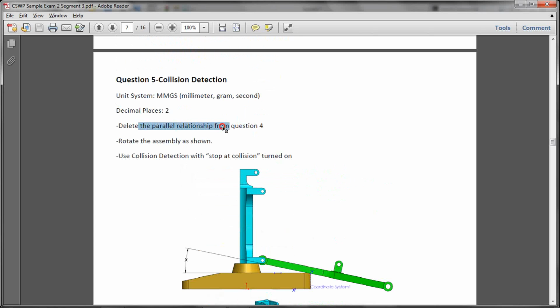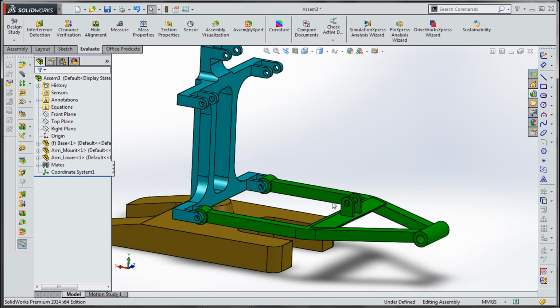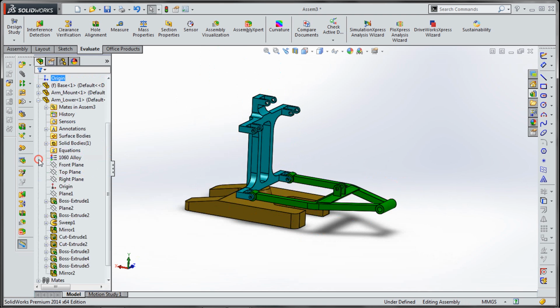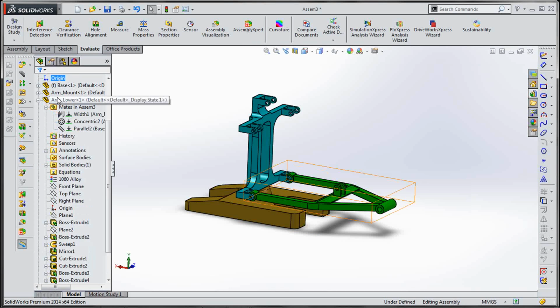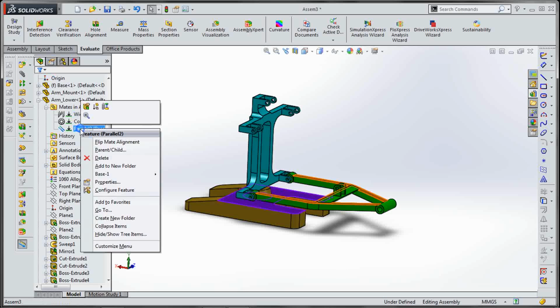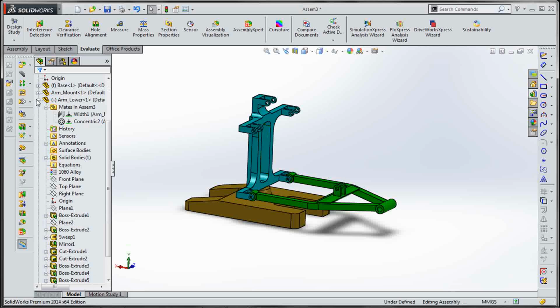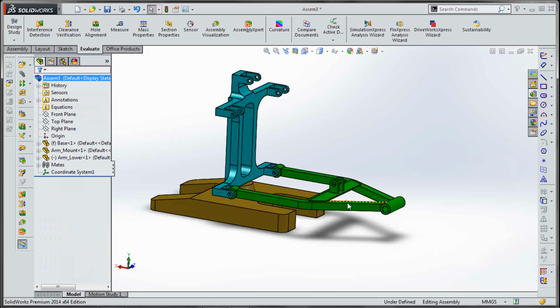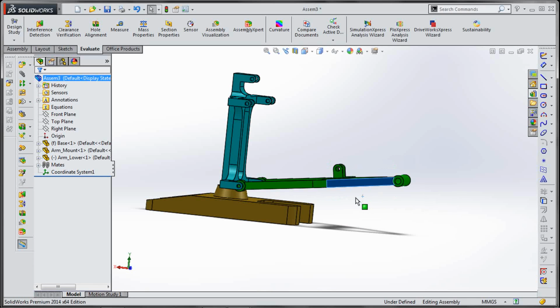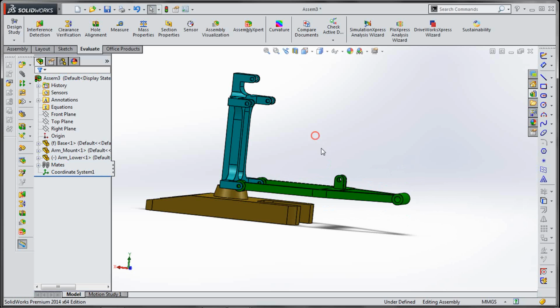So we have to delete the parallel mate from the previous question, and let's do this. So find in arm lower mates this parallel and delete. Okay, and you can see now we can freely rotate this component.